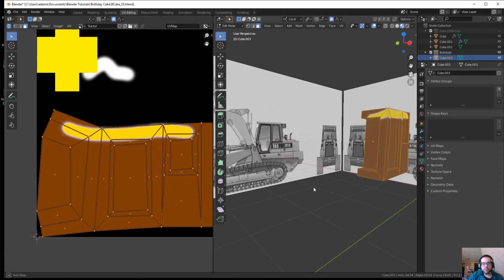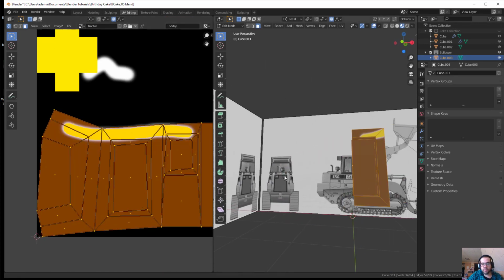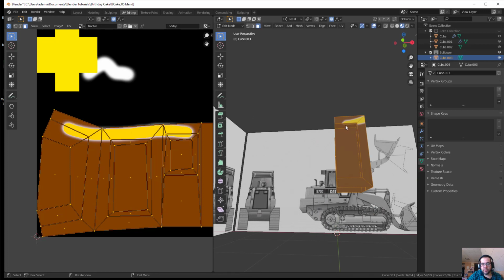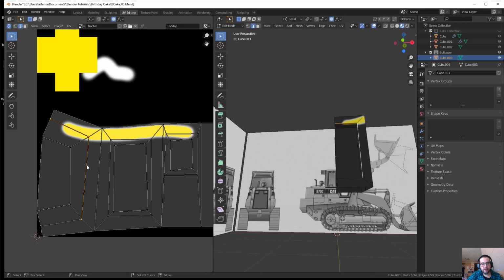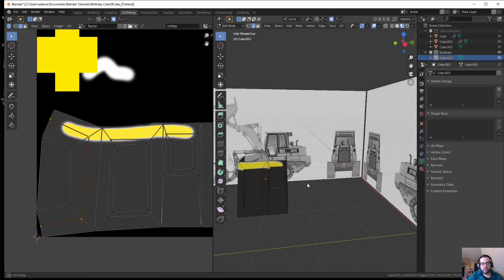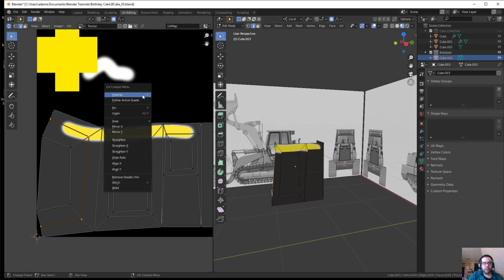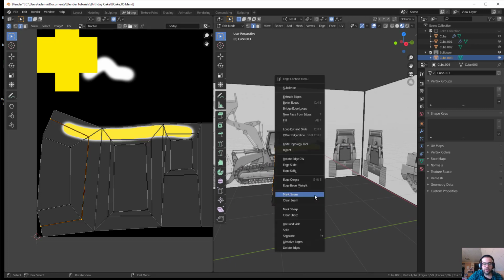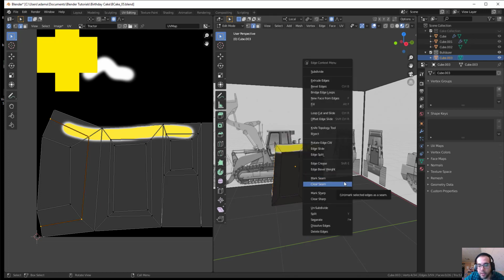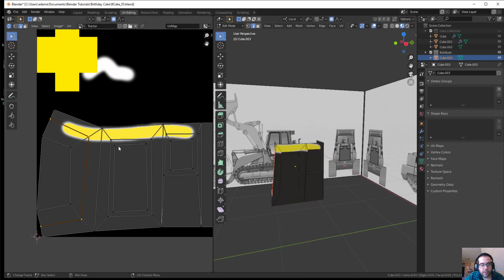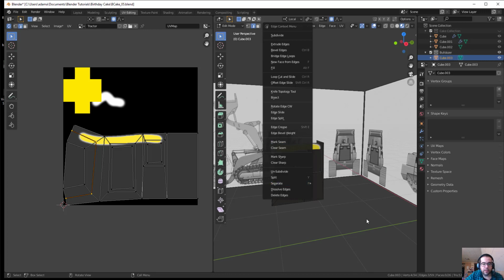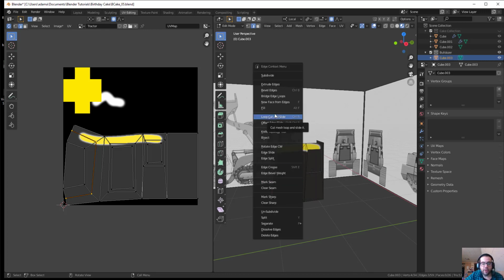And what I'm going to do is notice that there's a plane change inside of here. So if I go to my edge mode and I select these edges here, notice that they make up that outside frame. And I right click and I just go to, here, let's go over here inside our view and then do mark seam. Now when I go back in and I right click and I go to unwrap,